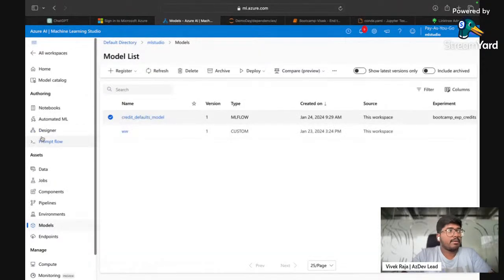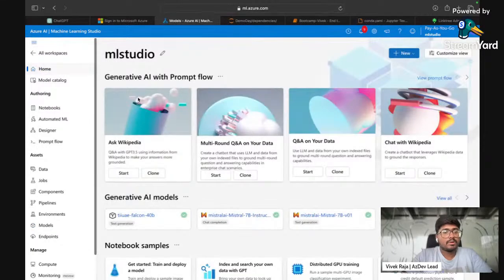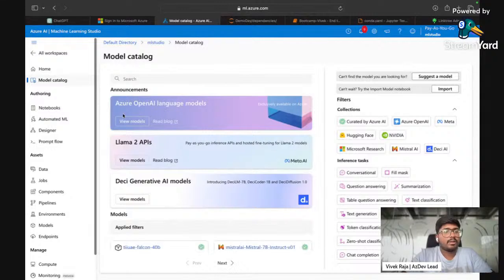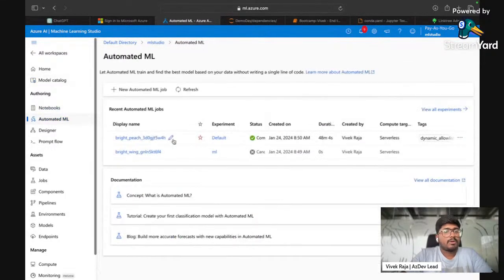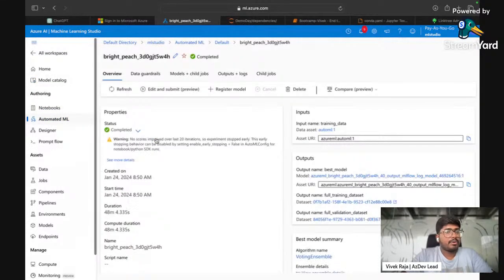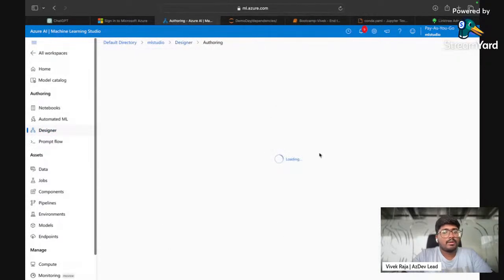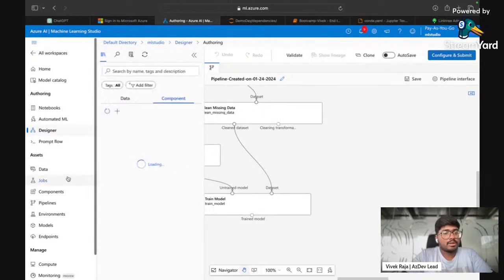So just to recap what we have done so far: we have our home, the studio, which has everything. You can create GenAI models as well. Go try it out. We have explored automated machine learning where you can import your data set. It does the whole pre-processing and explains why it does it, and it gives you the best model with accuracy. You can deploy it right away. Or you can create pipelines, deploy them, and see what the accuracy is.